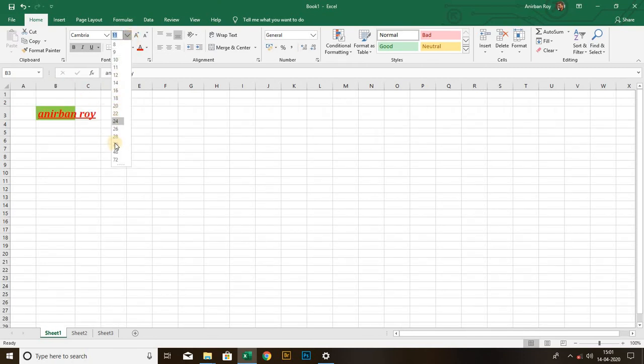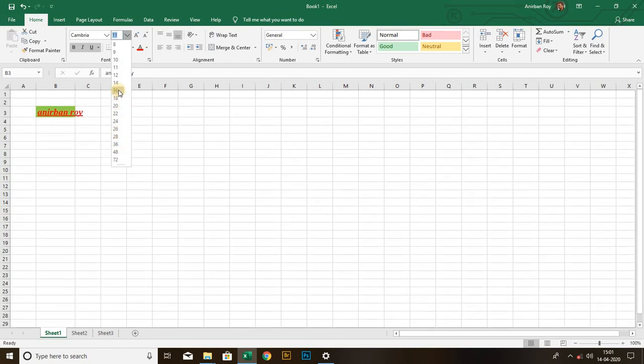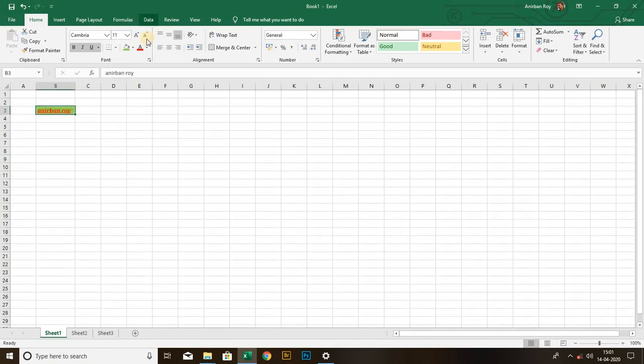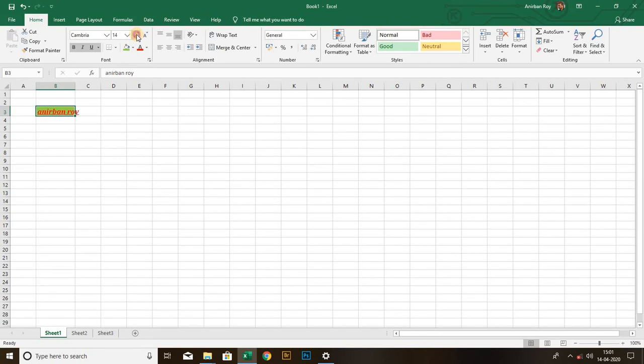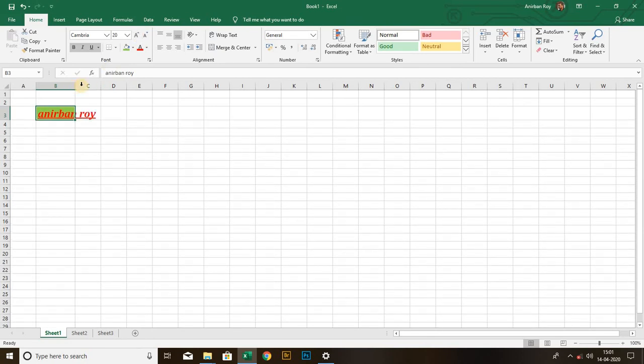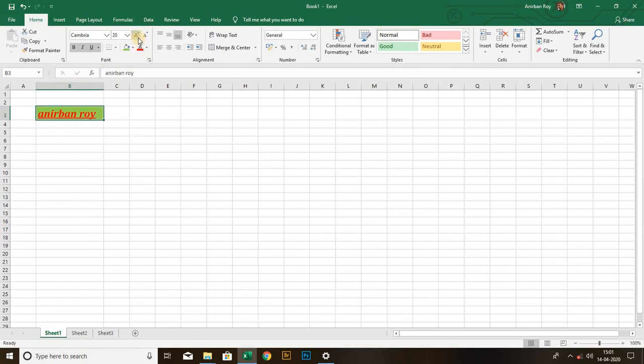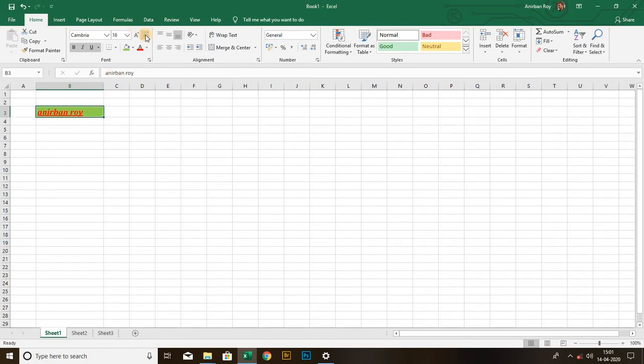By clicking this one we can select any size, as you can see. And by clicking this up arrow icon we can increase the size, and by clicking this we can decrease the size.